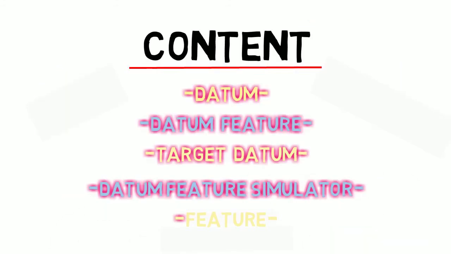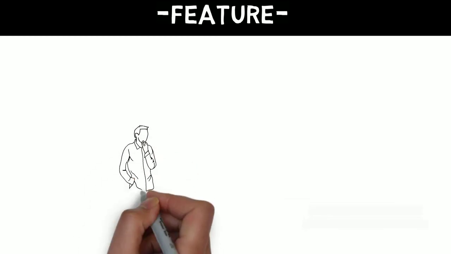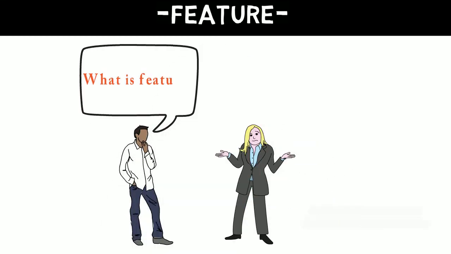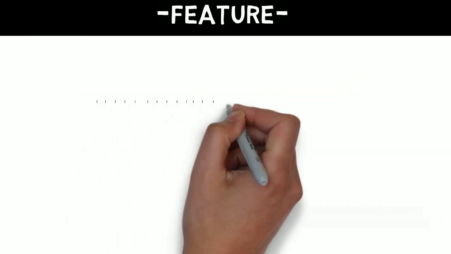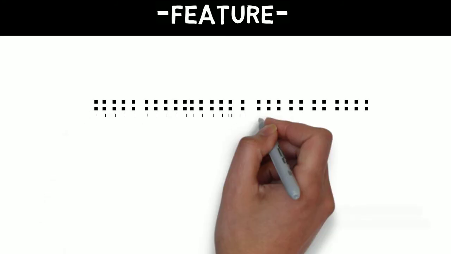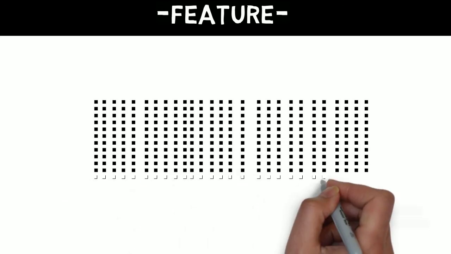Fifth one is a feature. Up to coming here we have used this term many times. Also we are going to use it in upcoming videos. But what is the meaning of feature? Many of us really don't know what a feature is. We know if we join a number of points together it will become a line, and if we put a number of lines together it will become a plane. Similarly, any part is made up of features.